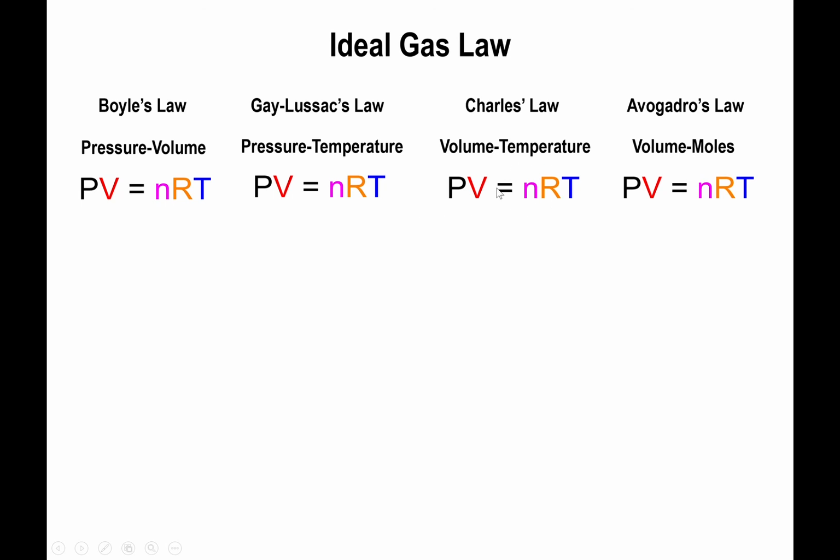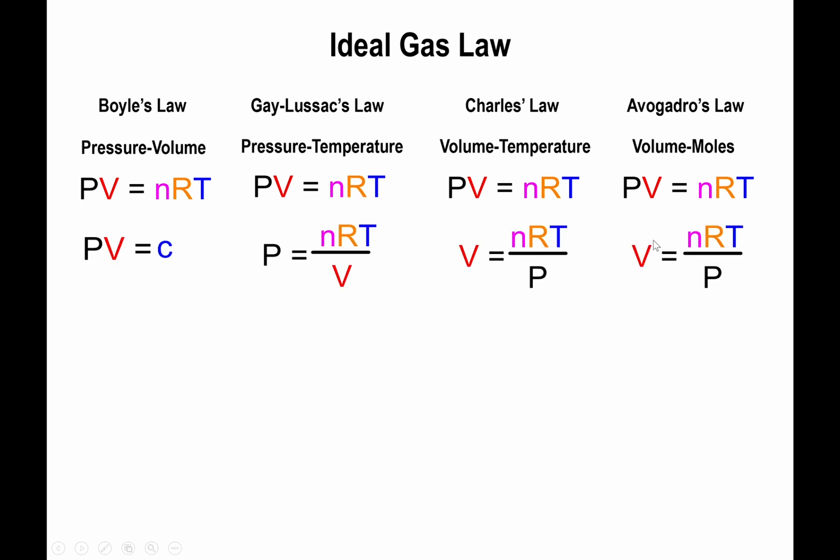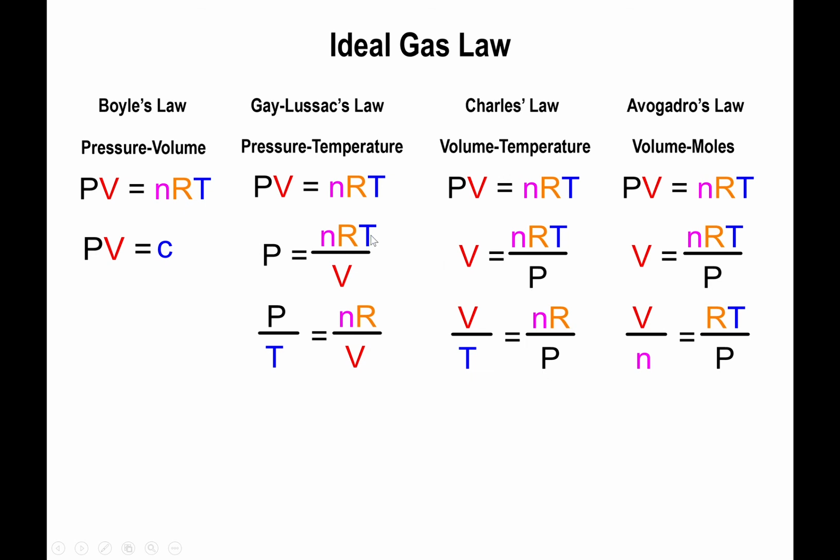The same thing goes for Charles' law. You need volume and temperature, divide both sides by temperature, and divide both sides by pressure. And over here, you need volume and moles, so divide both sides by volume, divide both sides by pressure, and you will end up with the following parameters, right? So here we're dividing by the volume to isolate the pressure. Here we're dividing by pressure to isolate for the volume, and here we're dividing by the pressure to isolate again for the volume. Then we divide by the corresponding second parameter, temperature for Gay-Lussac's law, temperature for Charles' law, and moles for Avogadro's law. So now notice that we have P over T, V over T, V over n, and